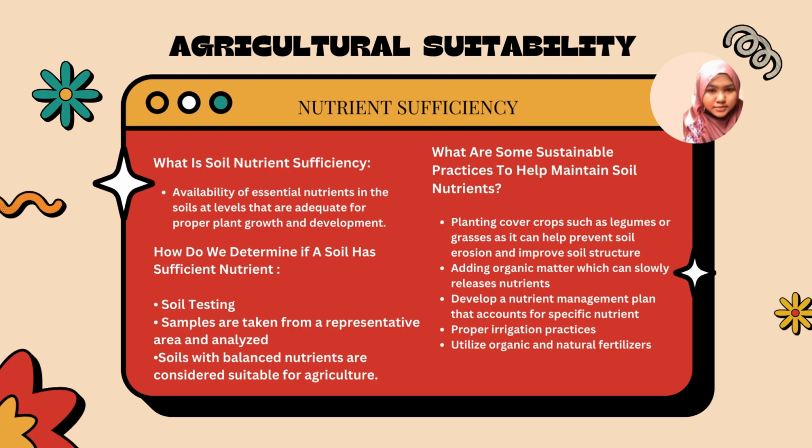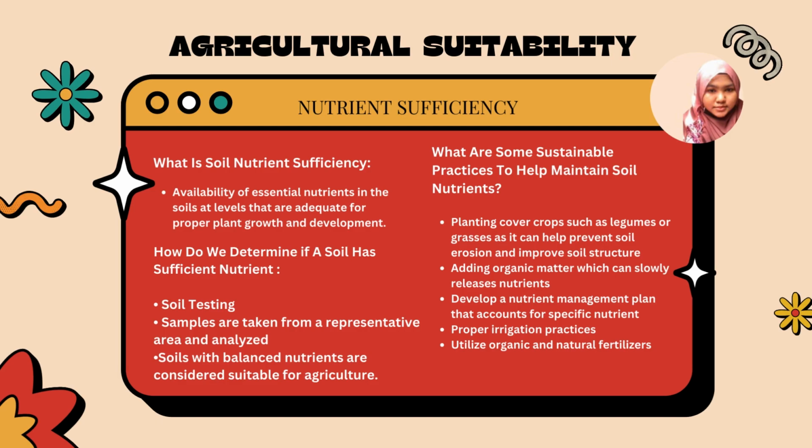So here are some practices to help maintain soil nutrients. First, planting cover crops such as legumes or grasses, which can help prevent soil erosion, improve soil structure and fix nitrogen, which increases available nutrients for subsequent crops. Then adding organic matter such as compost, animal manure or crop residues to slowly release nutrients and improve soil structure and nutrient holding capacity. Next, develop a nutrient management plan that accounts for the specific nutrient needs of different crops and fields. This plan should consider soil testing, crop rotation, fertilization strategies, and other sustainable practices to optimize nutrient availability